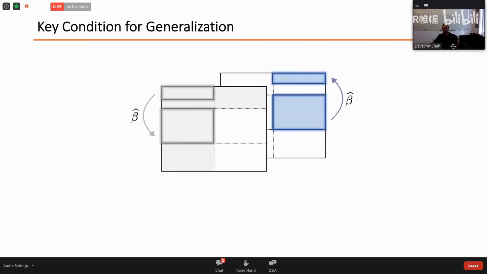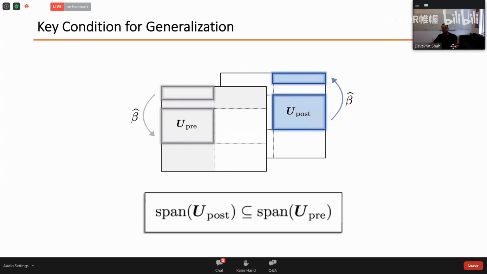Okay. One might ask a question: now we understand the model exists, but when can we generalize it? So a simple geometric view of generalization would be that I've got the singular vectors associated with rows pre-intervention. Let me look at the submatrix post-intervention and then look at the singular vectors associated with them. These are two things I do observe in this observation pattern, so I can find them out. And what we must have for this method to work is that the span of this must at least belong to the span of this, because if this is not true, then the method is not likely to work. Of course, this is not sufficient, but this is a necessary condition.